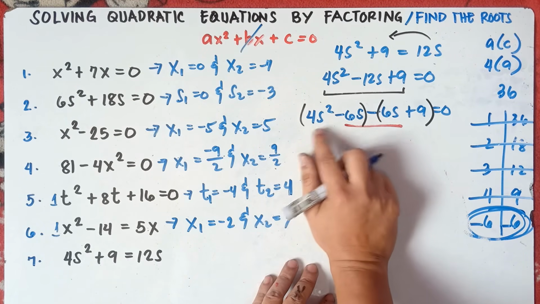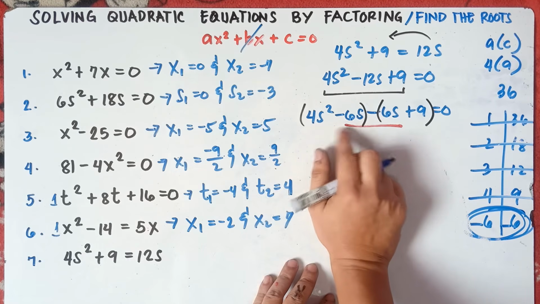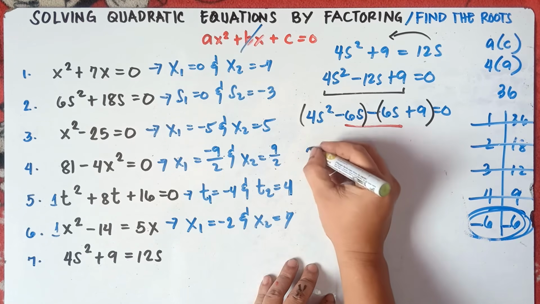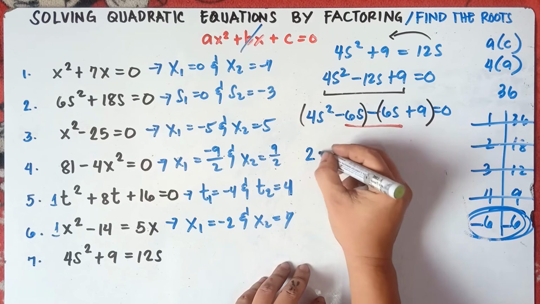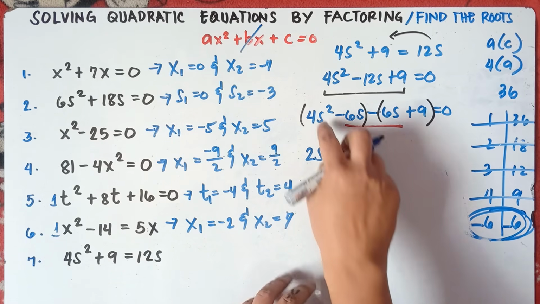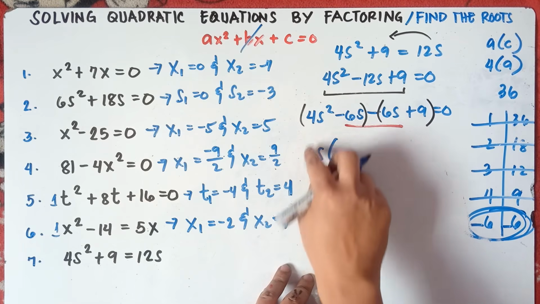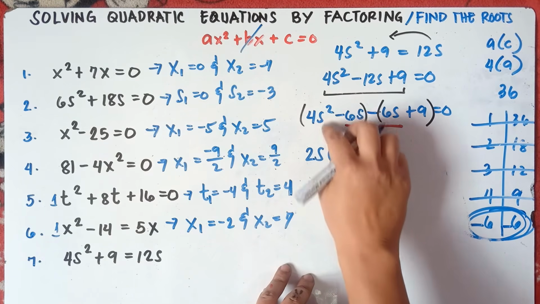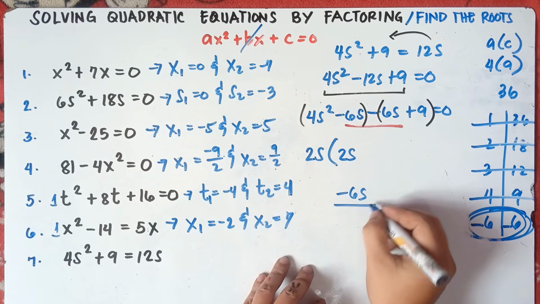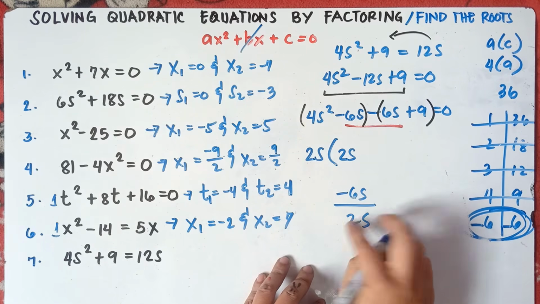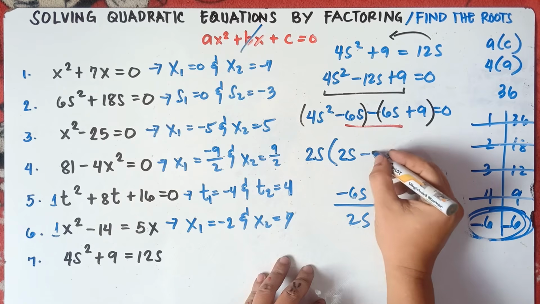So factor this out. We can factor the number by 2, since 4 and 6 are both divisible by 2. And for the variable, we can factor this out by s. So 4s squared divided by 2s: 4 divided by 2 is 2, and s squared divided by s is s. And then negative 6s divided by 2s: negative 6 divided by 2 is negative 3.